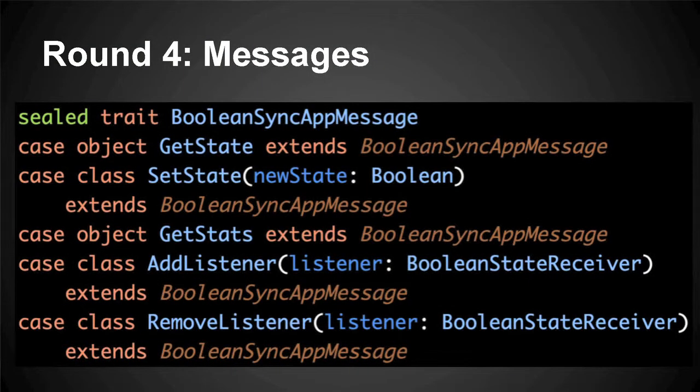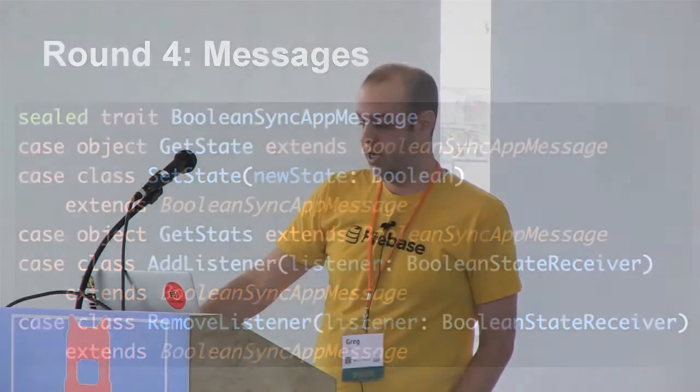And so here are some messages that we might use. Scala helps us out here. If you're doing this, I definitely recommend a sealed trait, just so you can guarantee that your actor is handling all of the messages that you can send it. In addition, the messages should definitely be immutable. Given the actor system is going to be bouncing these around to different threads, we don't want to have to worry about somebody changing one of these things out from under us. So again, this is a nice benefit of using Scala for this problem.